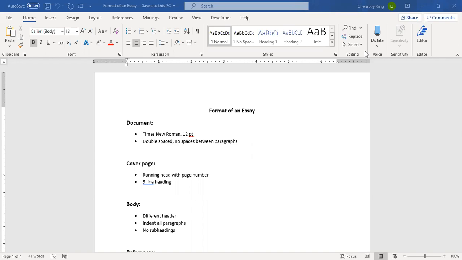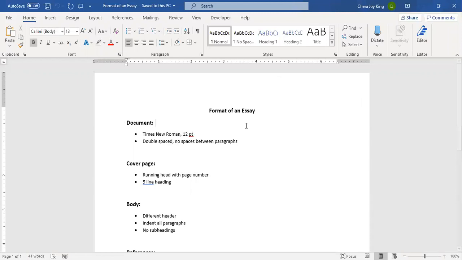So formatting is what we're talking about today, and format just has to do with how the words look on the page. So we're talking about things like the margins, which is all of this white space at the side, the top, and the other side, how big they should be, how small they should be, the type of lettering used, all of that stuff, the spacing, how it looks on the page. So it has nothing to do with the actual writing. But it is important that we all do it the same way so that there's a standard and everybody's essay